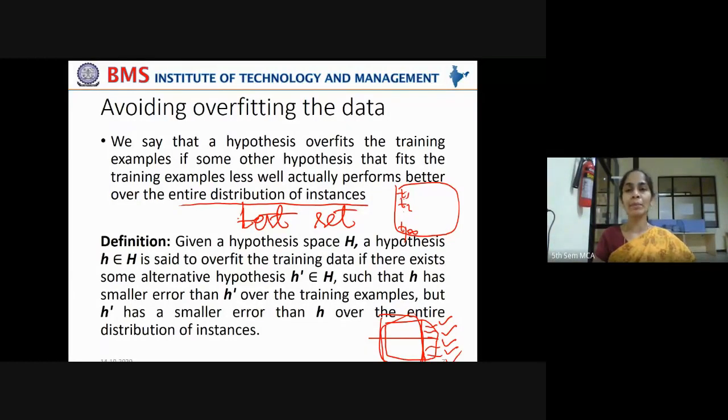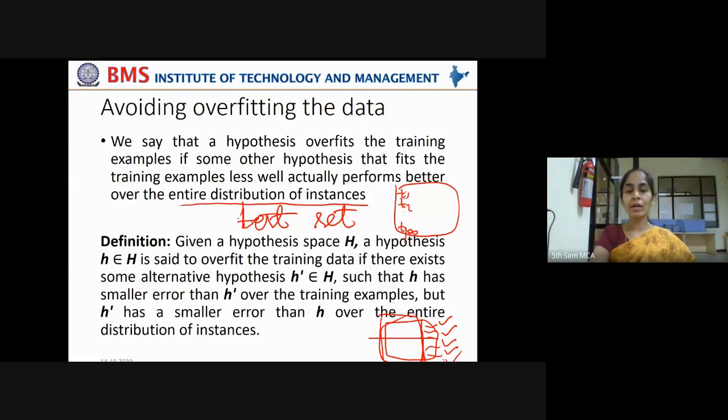If it is performing better with the test set, then it is said not to overfit. If it is not performing better with the test set but performing better with the training set, then it is said to overfit. Okay, keep this concept in mind. It will be made more clear further.